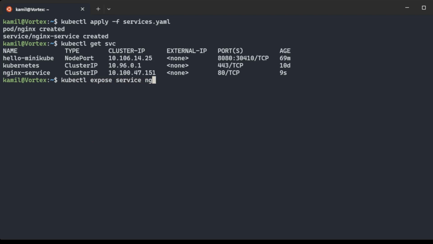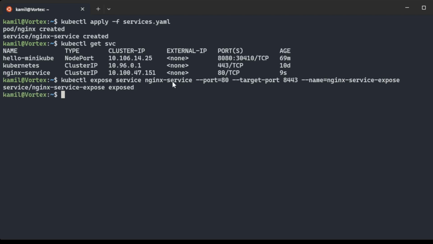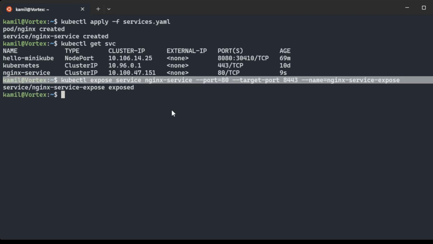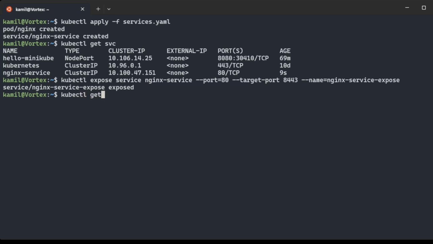And we'll call the service nginx service, and then we do --port, which is our container port, which is 80, and then the target port, let's go 8443, and then the name goes nginx service expose. And there we go, we have exposed our service. And now if we do kubectl get service again,